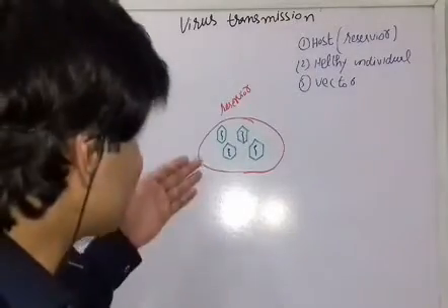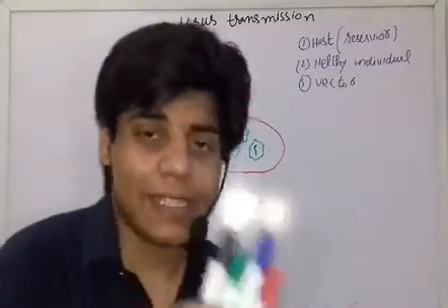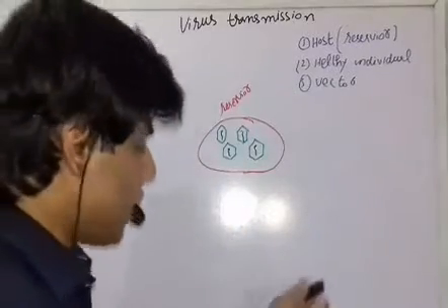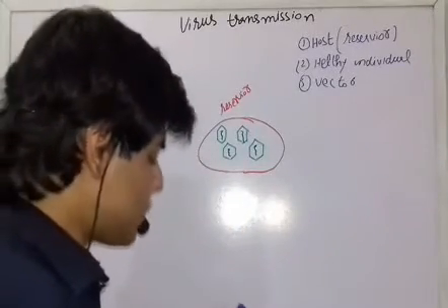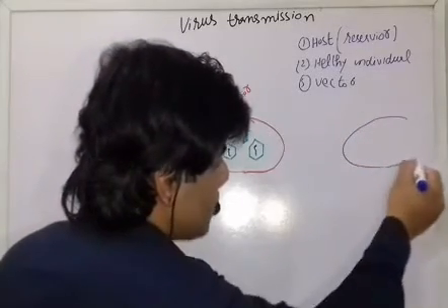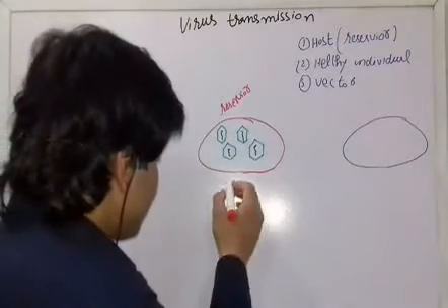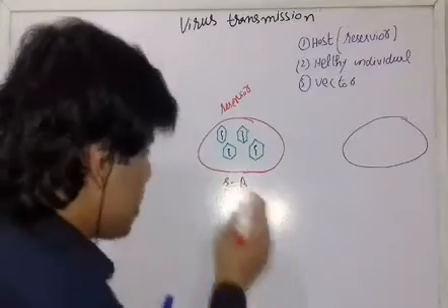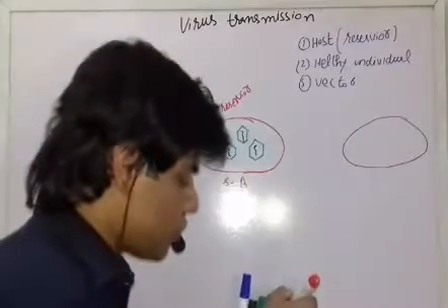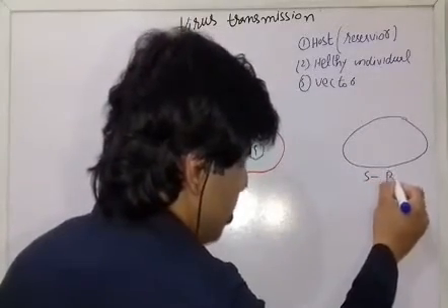Let's suppose this is the infected host. It contains the viruses and it can deliver these viruses to a healthy host. Next we have another host, but let's suppose this host is healthy. Now let me say that this one is specimen A. So specimen A has the viruses and carries them to the healthy host. This is specimen B.